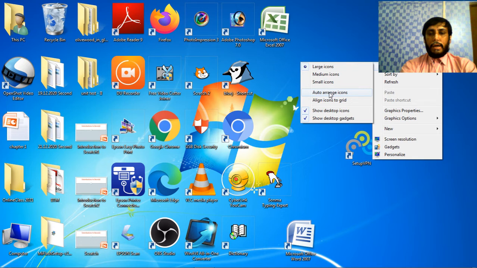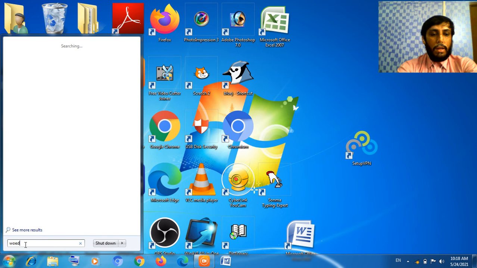Here is the search box. That facility comes along with your start button, and it also enables us to search for anything. If you want to search for any file, suppose I want to search Excel. See, Excel is coming. If you want to search Word, you just type Word. Any file and any application you can find by just searching for it.